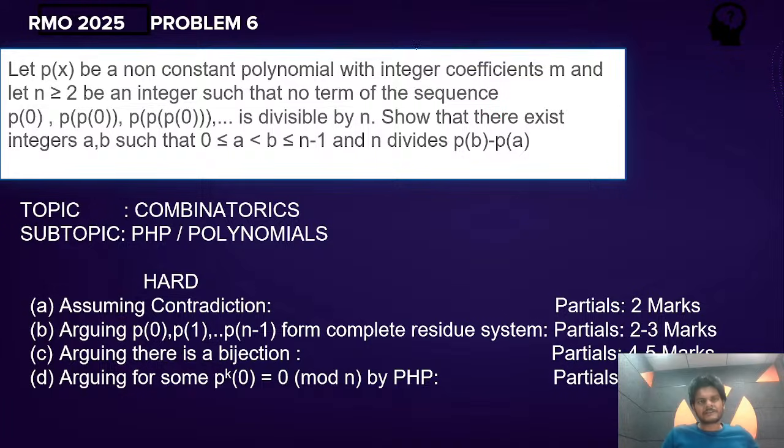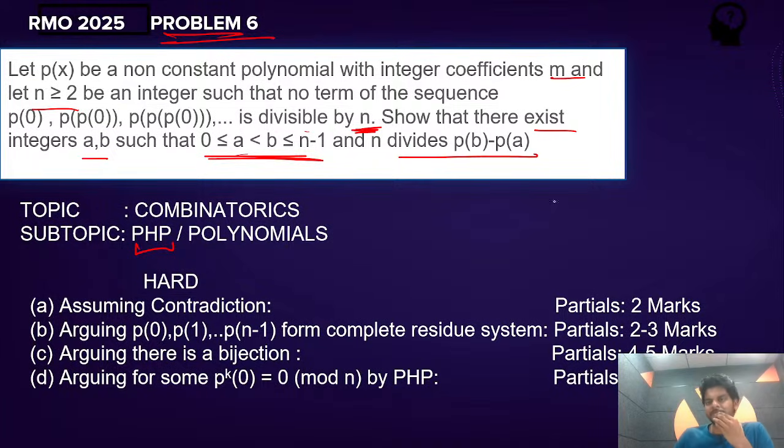Fine. And the last problem is, this is the last problem. It is about polynomials. You're taking the polynomial again and again, and it is divisible by n, and somehow it is related to the pigeonhole principle. Integer coefficients, m and n greater than or equal to 2 be an integer such that no term of this sequence is divisible by n. None of that is divisible by n. Show that there exist integers a and b such that n divides p_b minus p_a. So the pigeonhole principle appears because